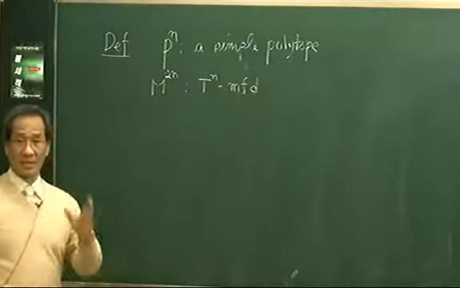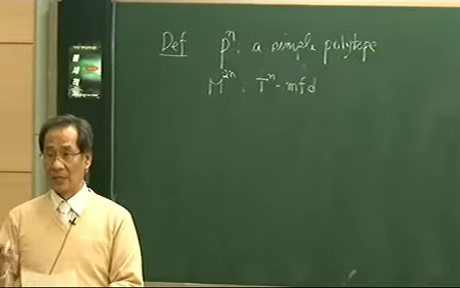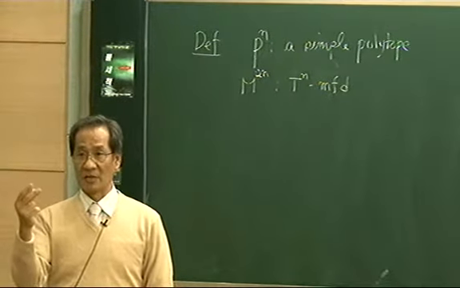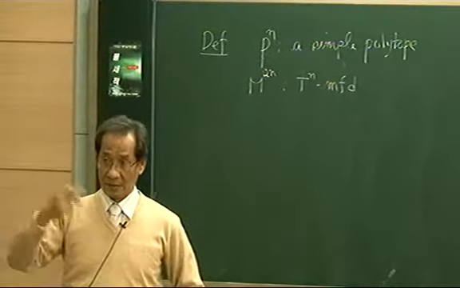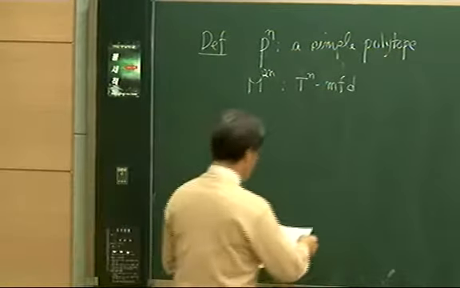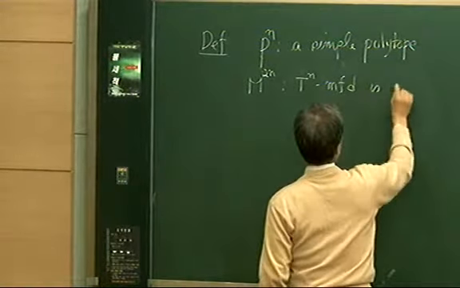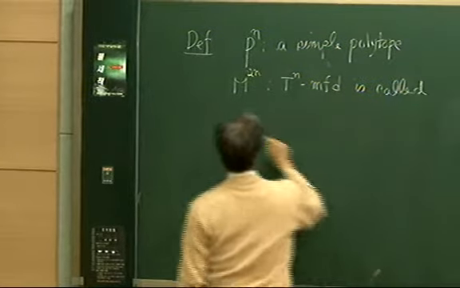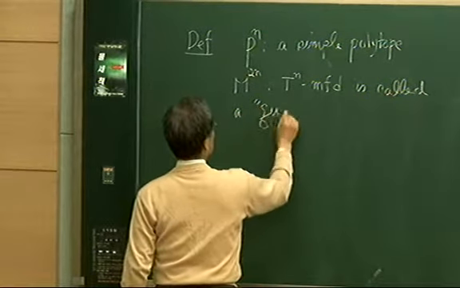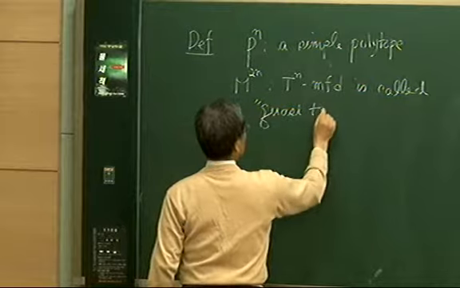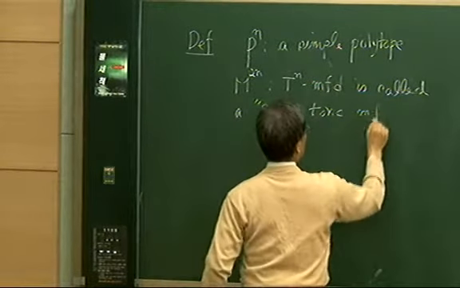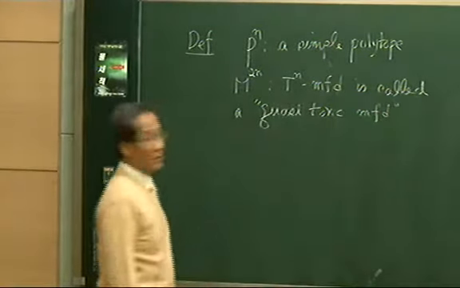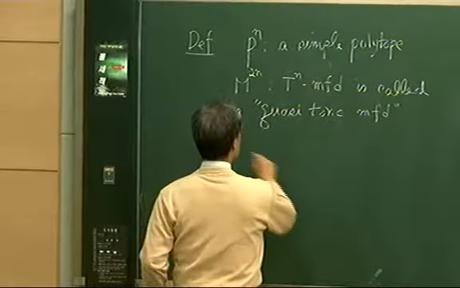So that means this is a smooth manifold with Tn, a half-dimensional torus, acting on it. And it is called a quasi-toric manifold if and only if